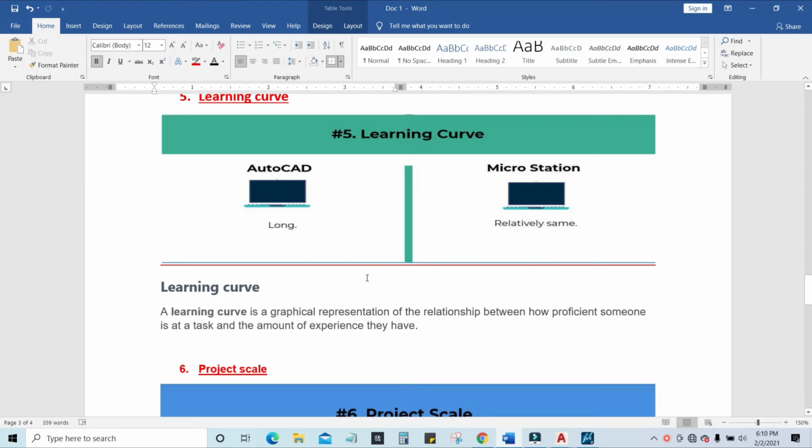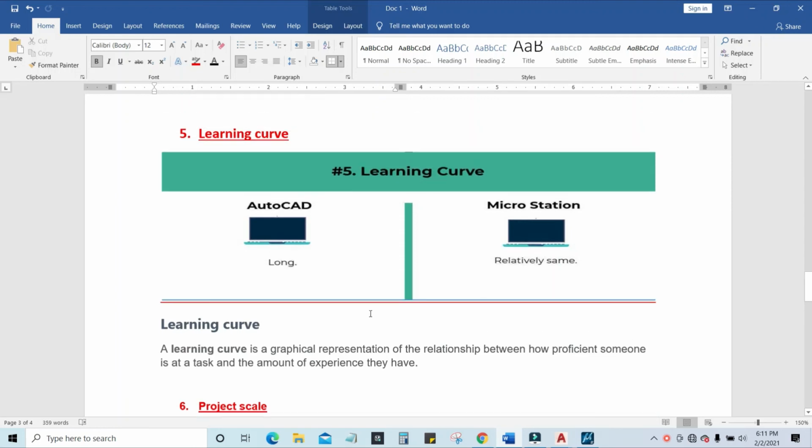If a person has some proficiency and previous experience in AutoCAD, and the learning curve is long, he will take more time to become proficient at doing any drawings. MicroStation is relatively the same, so it will also take a long time to become proficient if he has no experience.